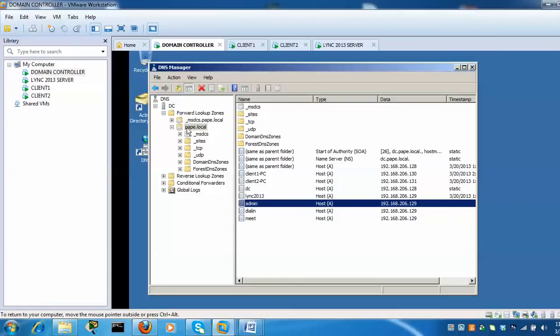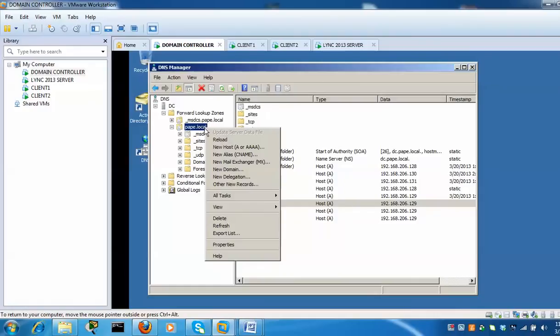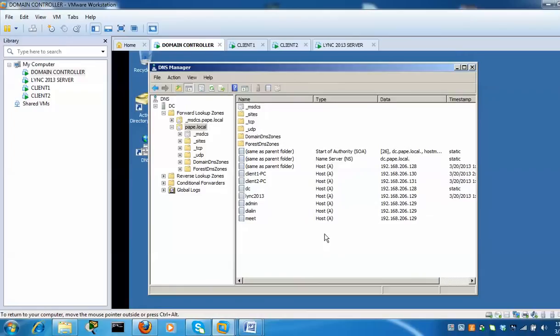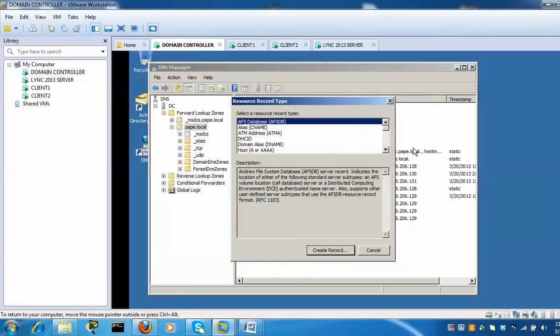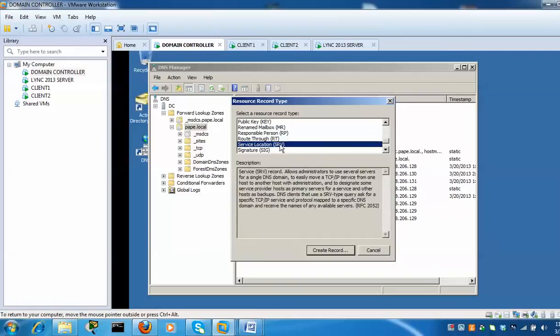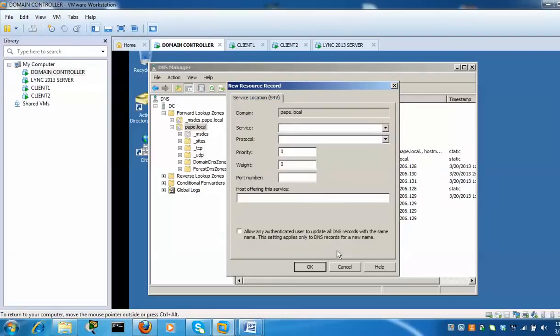Okay, done. So you can see, guys, we have our three A records, but there is a special thing that we will need to do here. So here, as you can see on my domain name, if we right click on it, we can say other new records, or if you just right click in here, you can also create some other new record. Then if you scroll down, you'll see service location SRV. So we click on create